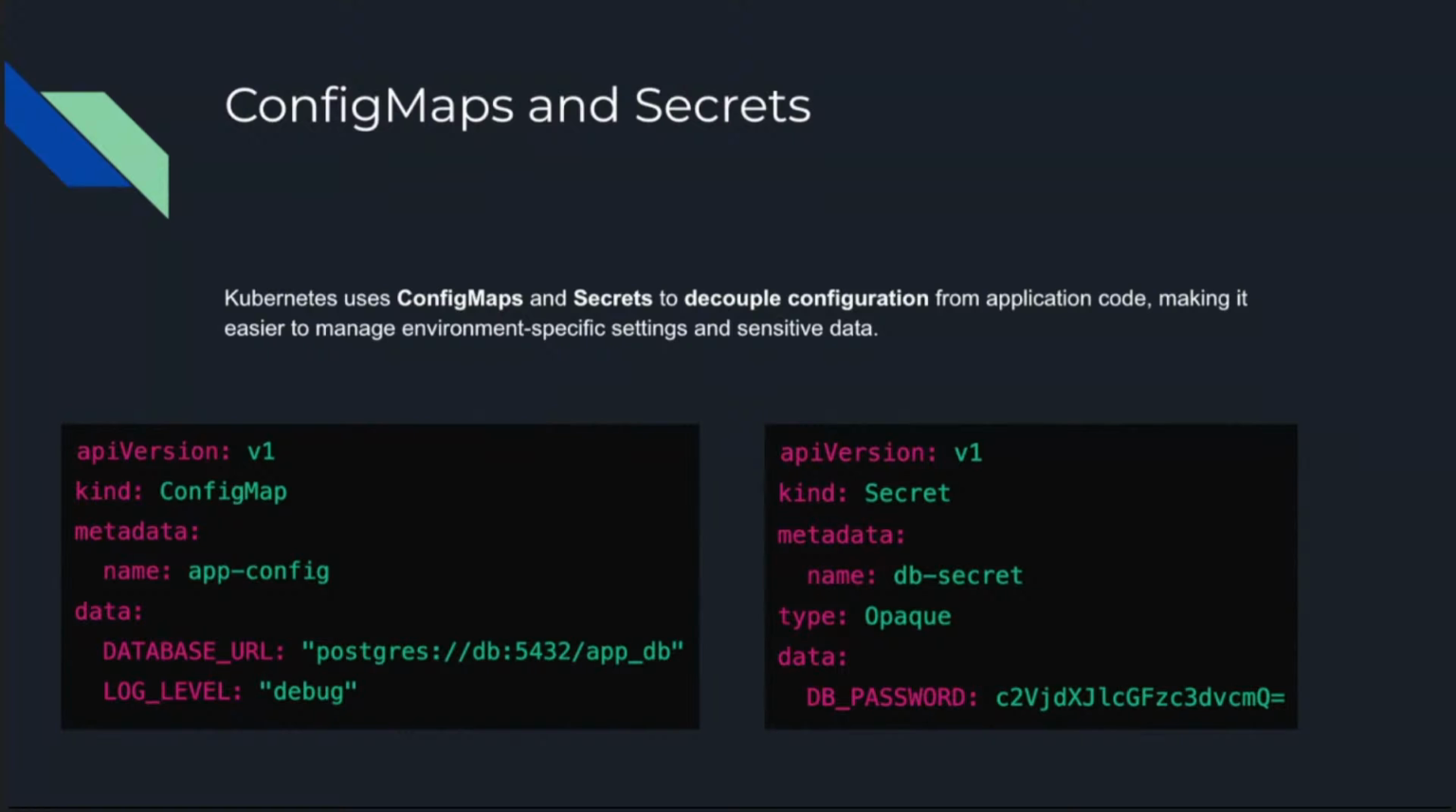Would this config map be used at the node level or at the pod level? It's a cluster level. So when you have a configuration map, you can just put it in anywhere in the cluster. But it has to be in the same namespace, which I will explain later. Any other questions? Why do you think we use